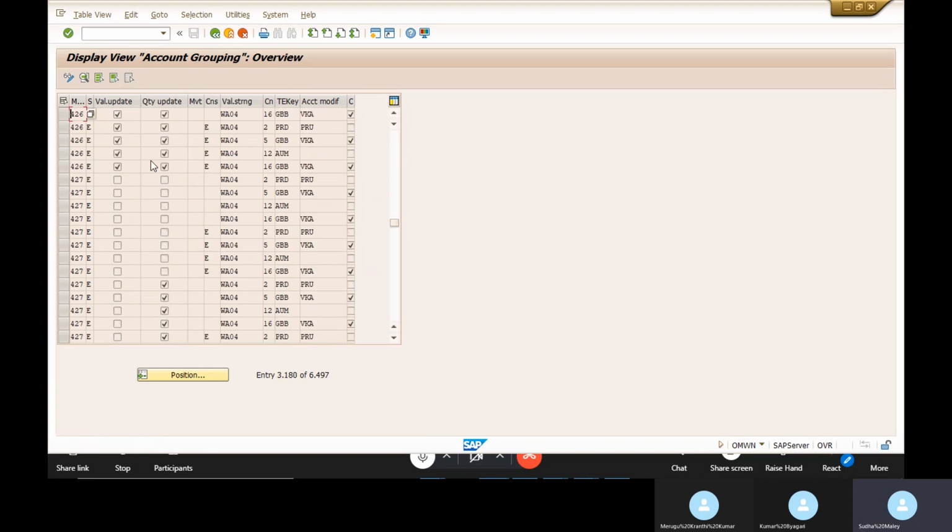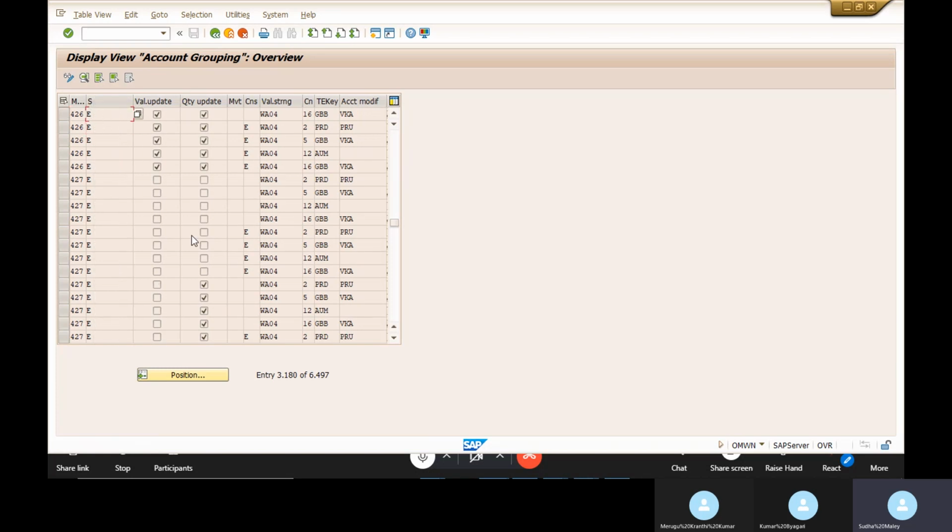This is your movement type, and next is your special stock. If it is a special procurement, then you can use your special stock. The value string is the one that helps you with the assignment between your GL account and how to post to GL accounts; it will take care of that.